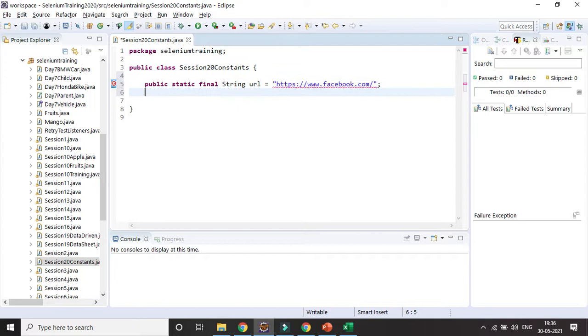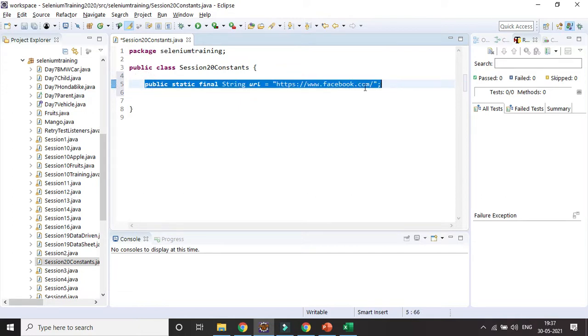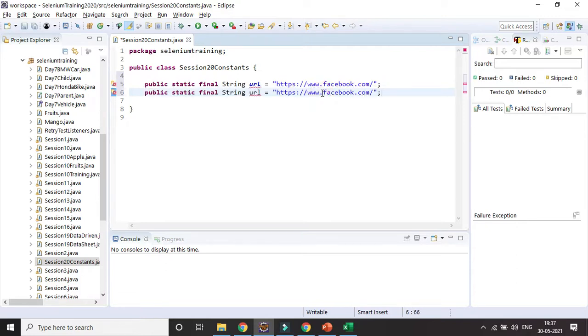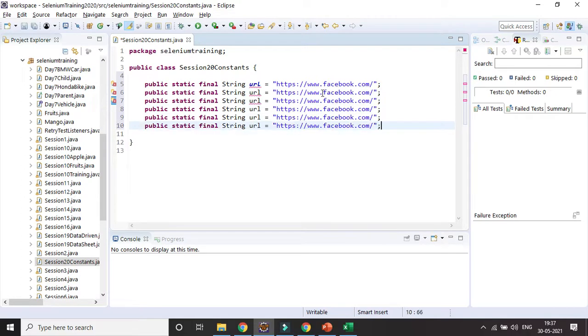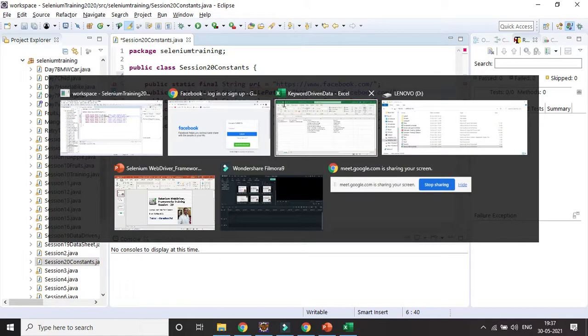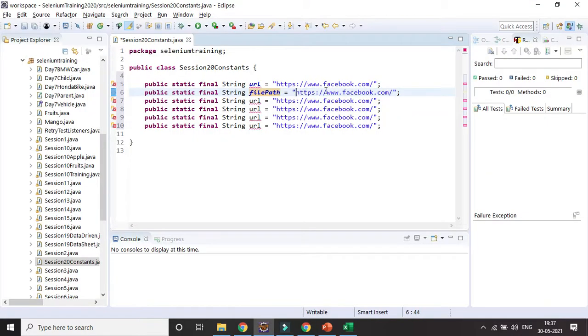So let's close it. Then in a similar way, whatever will be there, I will be creating one by one. Okay, so first one is URL. Then I can give the file path, right? It is kept in the D drive, so I will be giving it as D drive, right?